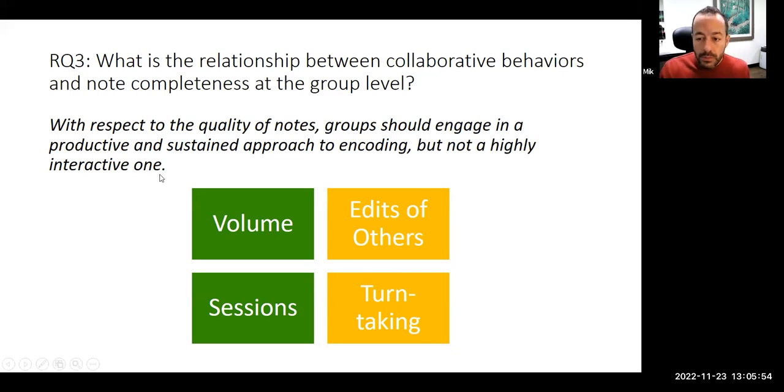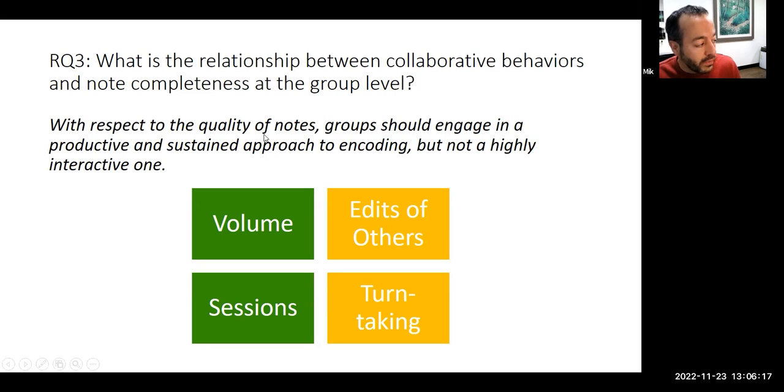This means, depending on your goal with note-taking, because you could have two goals. One goal, a normal goal, would be to get a better score on the test. Okay, if you want to get a better score on the test, then it's good to write a lot at the individual level, and it's good to interact a lot at the group level. But